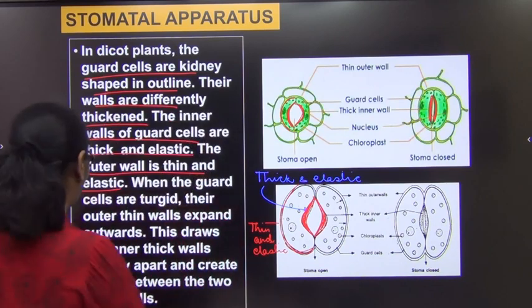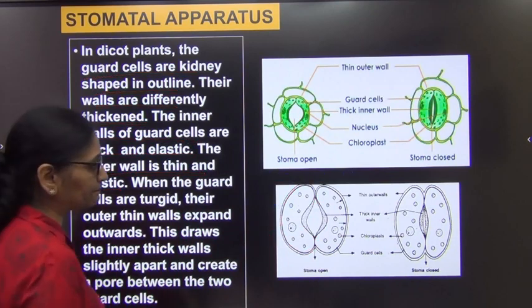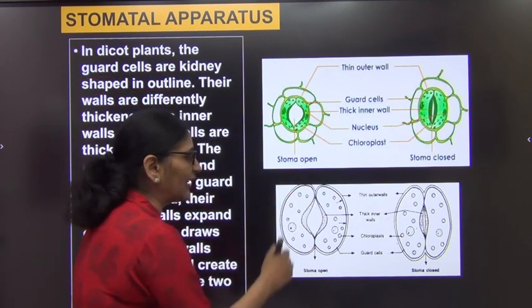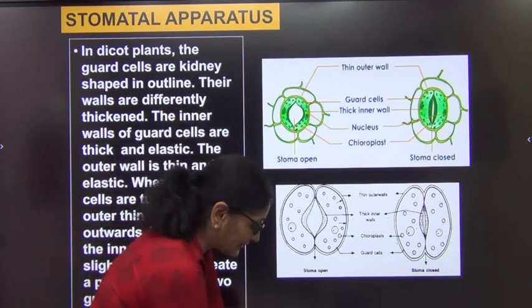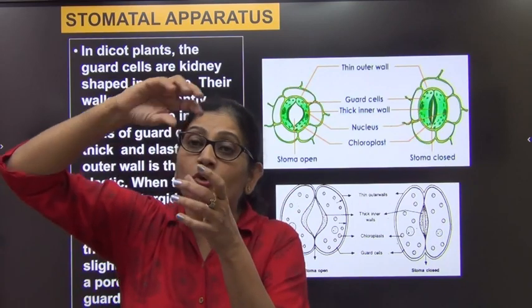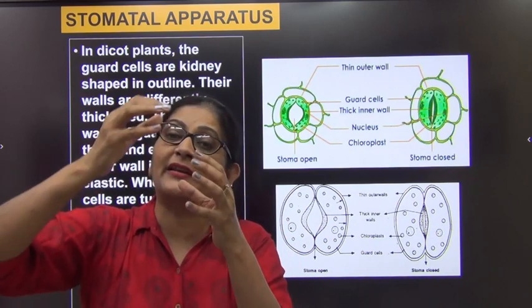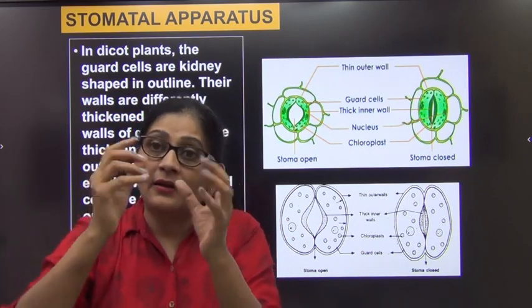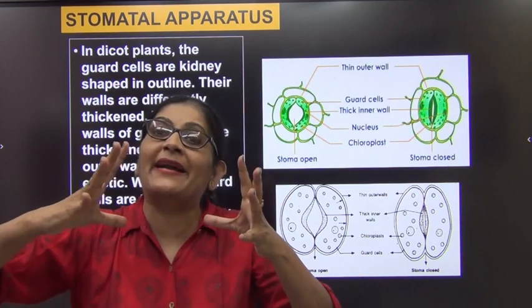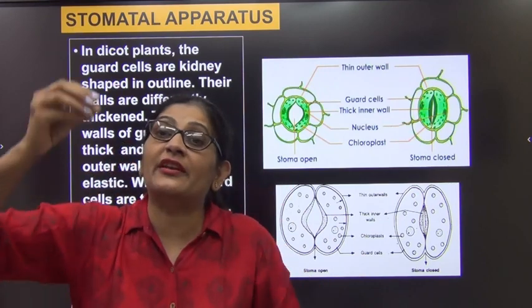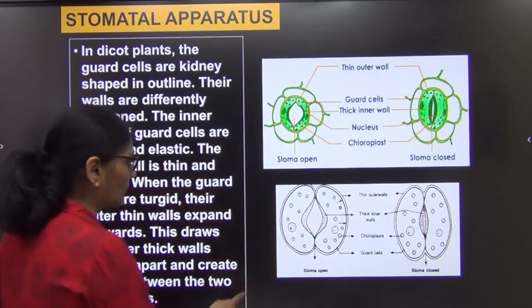How? मैं भी आपको एक डायग्राम दिखाती हूँ तो आपको समझ में आएगा. ये जो बाहर वाला दीवार हम कह रहे हैं ना थिन एंड इलास्टिक है, it is something like a balloon. जब आप बलून में पानी भरते हैं तो बलून का दीवार कैसा है? थिन एंड इलास्टिक है. इसीलिए जब पानी भरते हैं तो the wall of the balloon goes on expanding, it goes on stretching when you fill up water in the balloon. I'll just show you with the help of a diagram.